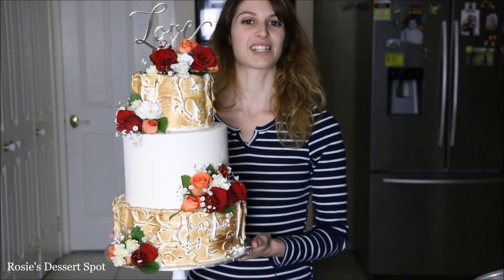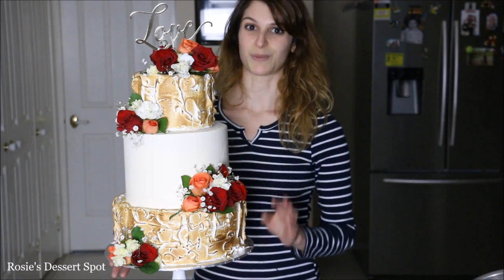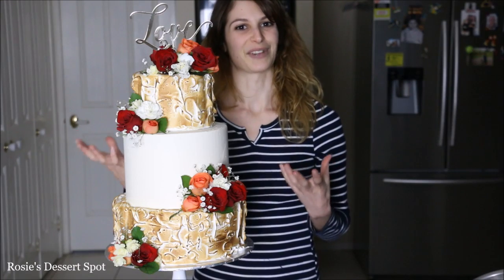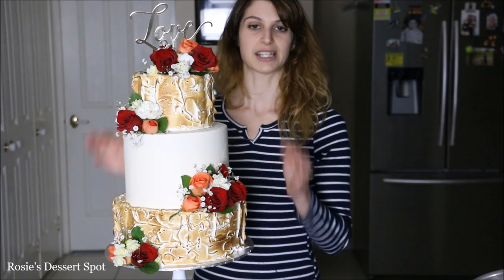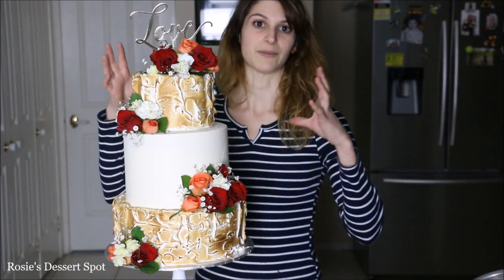And that, ladies and gentlemen, is how you create a 3-tier wedding cake. Very, very fun to make, especially torching the meringues. I think that is the best fun you can have in cake decorating. The middle tier is the only real tier, as you could see from the tutorial. The reason why I used fake tiers, first of all, you still want to have a dramatic looking wedding cake,